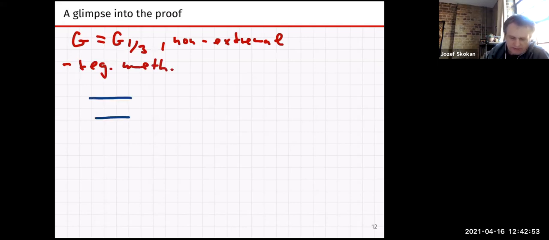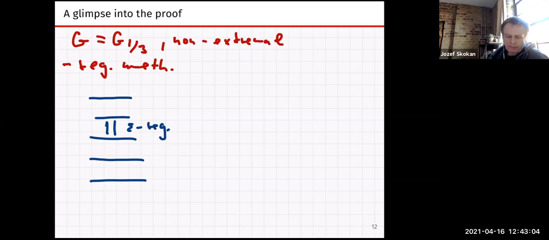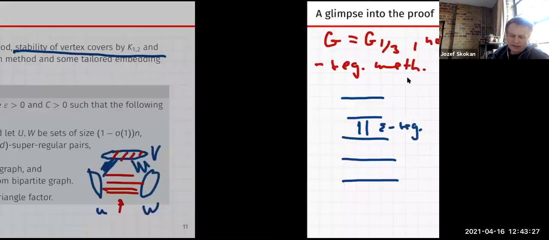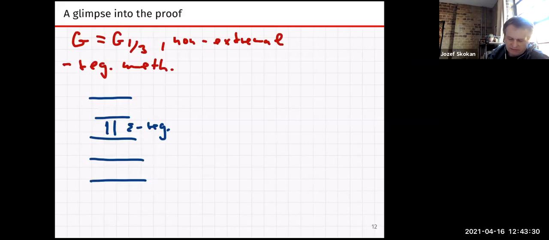Well, the graph gets split into vertex sets of the same size, such that most of the pairs are epsilon regular. Okay. So they are random-like. So what do we do? So here comes that part about the stability of vertex covers by k1/2 and k11. So what this means is that from this graph, you look into the reduced graph,